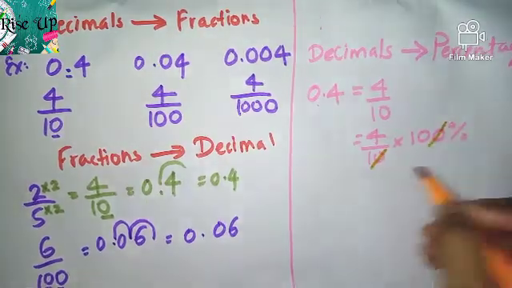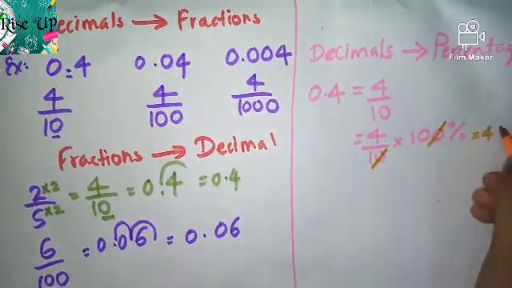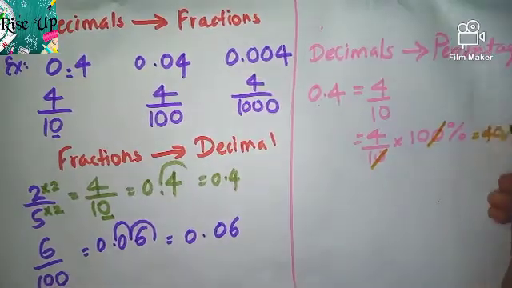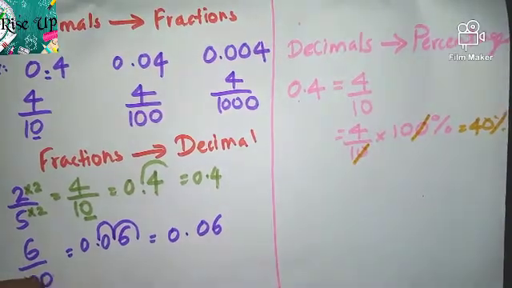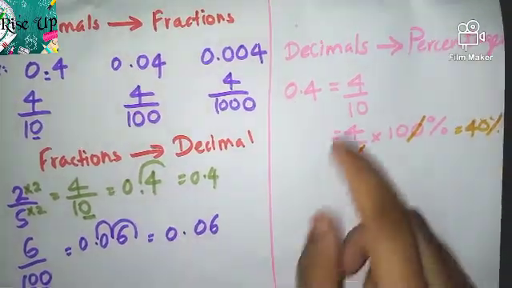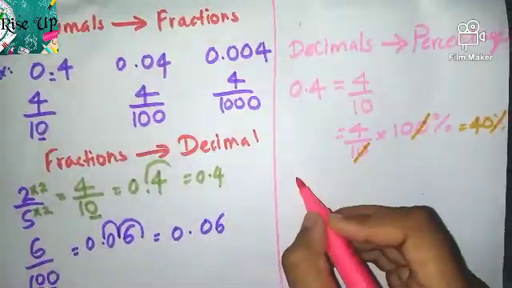Cancel 1 zero with 0. So what is the answer? 40%, because 4 times 10 is 40. The answer is 40%. So this is the method of writing decimals as percentages. Similarly, for other factors as well, not only 10, if we take